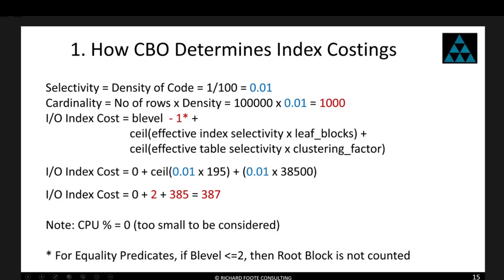Now, I want to give you another typical reason why we will get a poor clustering factor. I'm going to create a table called BOE ASSM. It's just a normal table. I've got a sequence which is ordered, meaning I'm going to get a unique number that just increments all the time. I'm going to create a very simple procedure, and all it does is insert a row into my table, getting the ID from my sequence. It just inserts 100,000 rows. But critically,